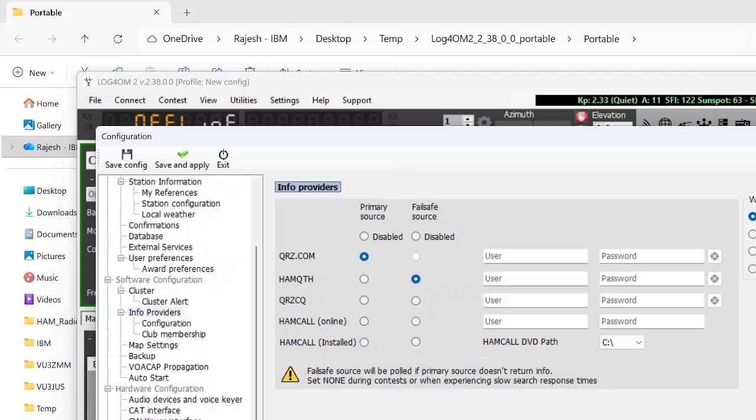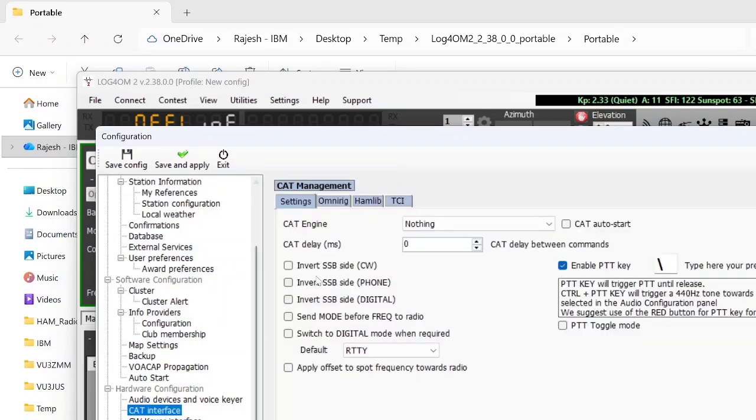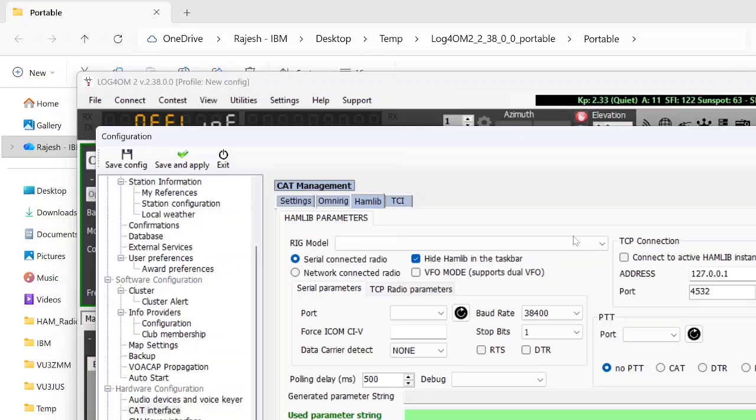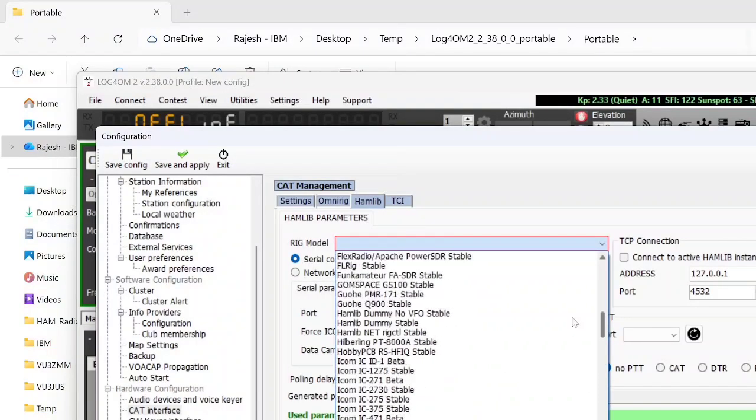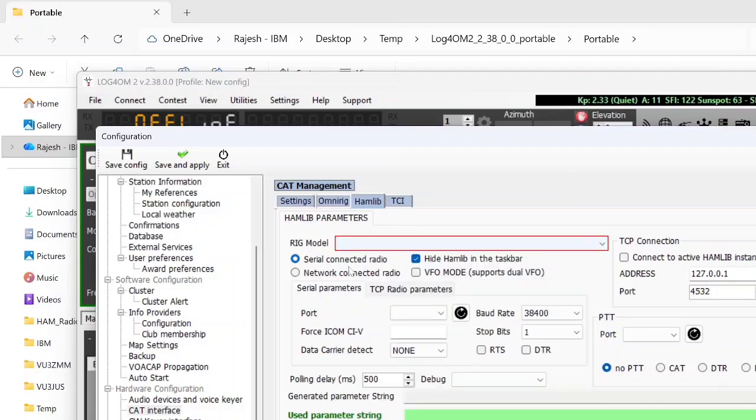And last important one is the CAT interface. Which radio we are using, based on that we need to configure it. Some radios are configured with OmniRig, that can be used with OmniRig, or we can use Hamlib. Hamlib is most of the time stable. We can select our radio from this list, whatever radio you are having, and give the port, the USB cable you connected, the baud rate, whatever is the baud rate of your radio, and other